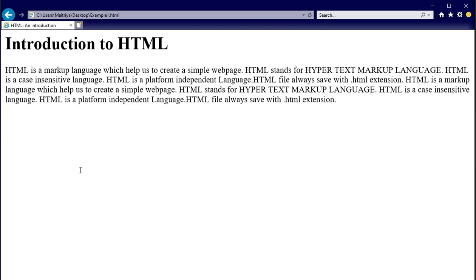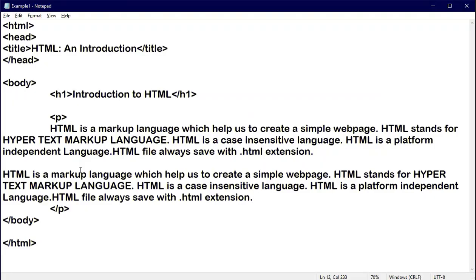In your output, there is no space. But here we have given the space. Then why does it not appear? Always keep in mind, dear students, that whenever in Notepad you break your line by pressing the enter key, HTML will not understand that we want to break a line.